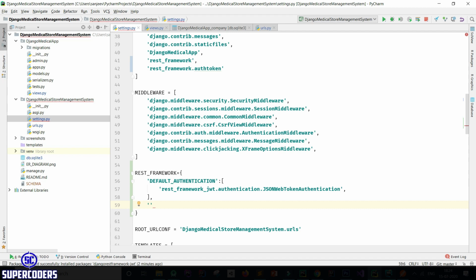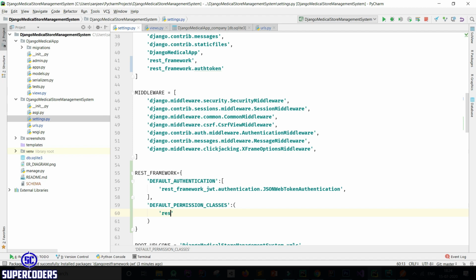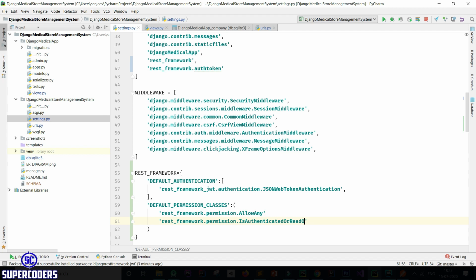Now adding permission, so DEFAULT_PERMISSION_CLASSES, then pass data in a tuple, again rest_framework.permissions.AllowAny, and also adding IsAuthenticatedOrReadOnly.